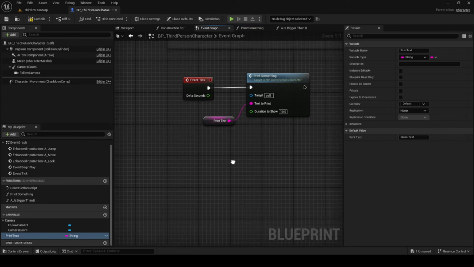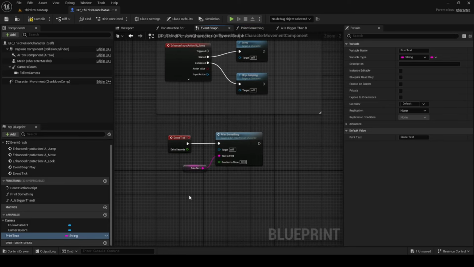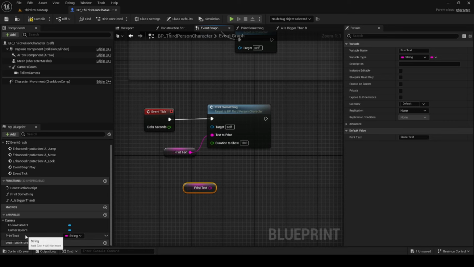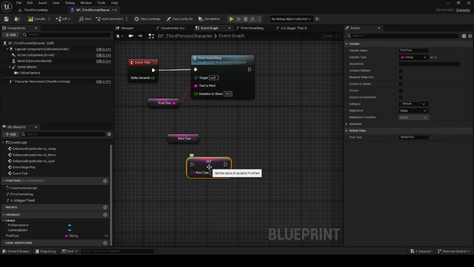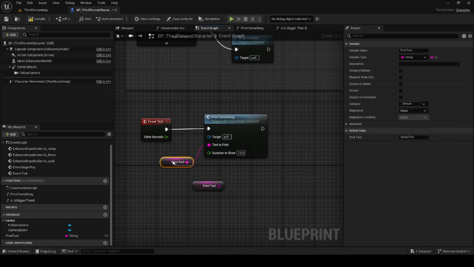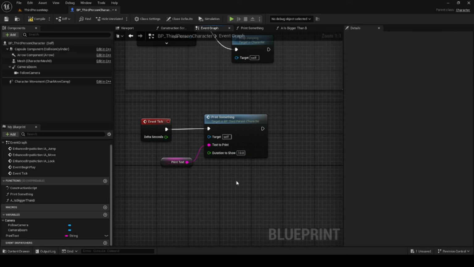And then for variables, we have a get and set access type. Get basically means reading the current value of this variable. You can drag this and you can see we have get and set, but an easier way is to hold the control button and then drag this, it would get. Hold alt and drag this, it would set this variable. Okay, so for get, this is what we have used so far. We have used get. I'm gonna set this